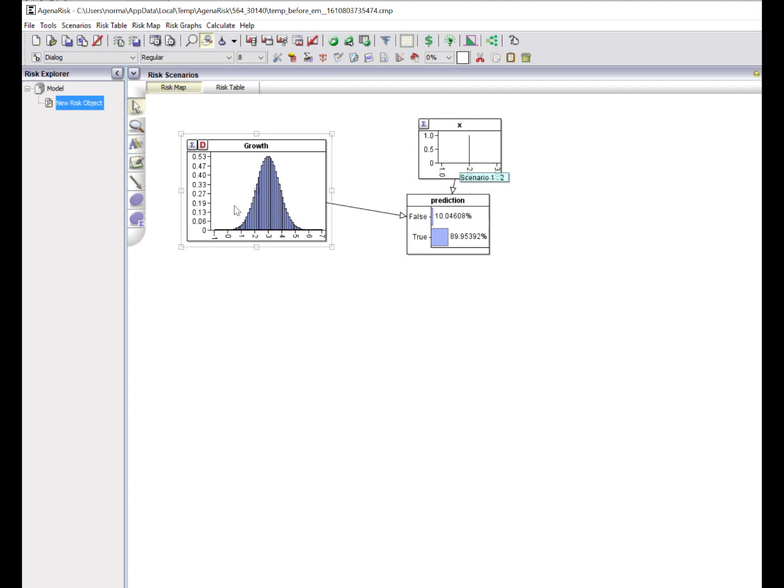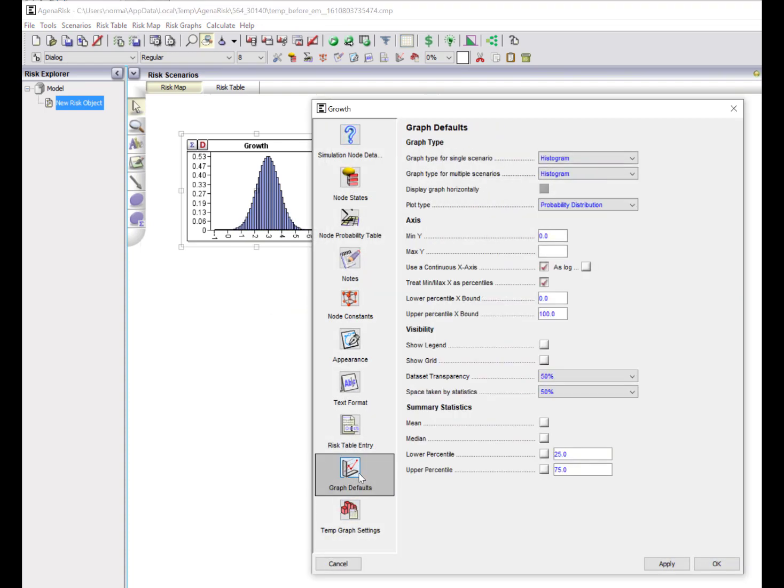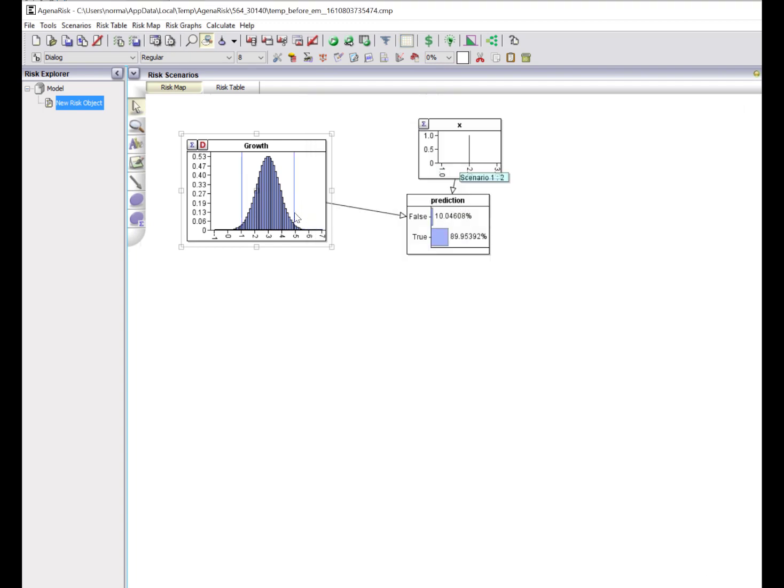There are also other features that we can show on the graph itself. If we go into the properties, go into the graph defaults, you can see all kinds of settings that we've got here. But let's just pick up on some examples here. Let's just show the lower percentiles, make that 1 and 99. And you can see now that it's actually displaying that on the graph. And if I hover over this, it's showing me that the upper 99 percentile has got a value of 4.7057. And that means that 99% of the distribution lies to the left of that value, or in other words, there's a 1% chance that the growth rate will be greater than